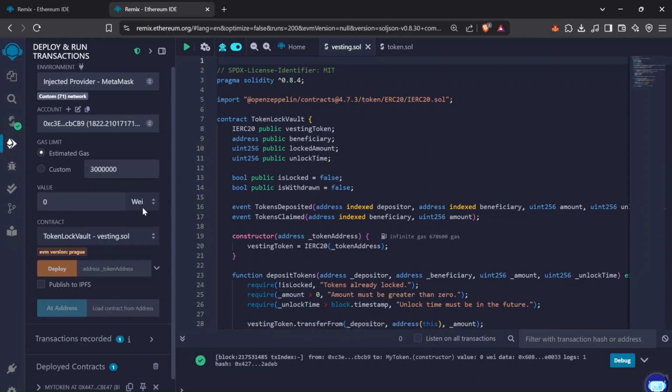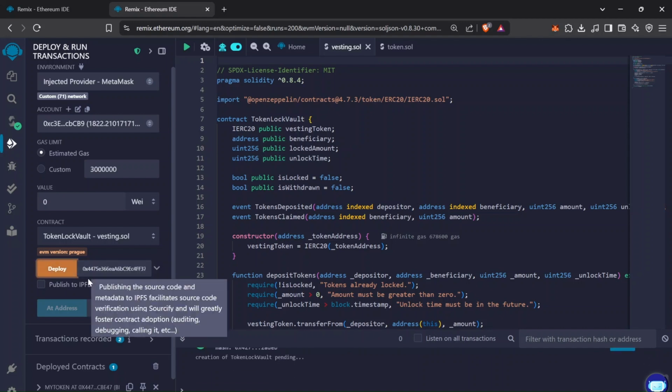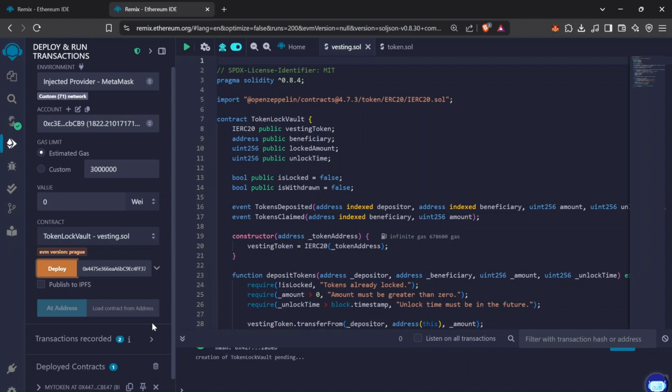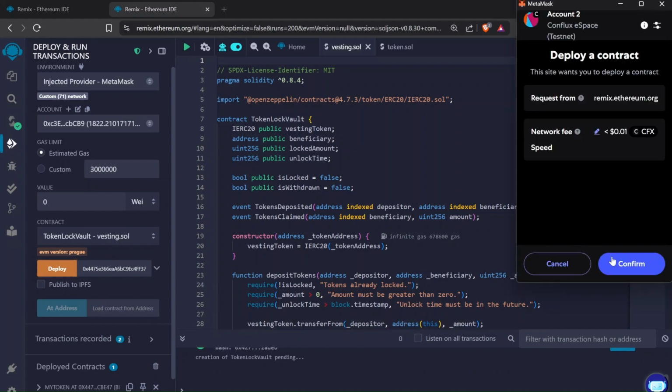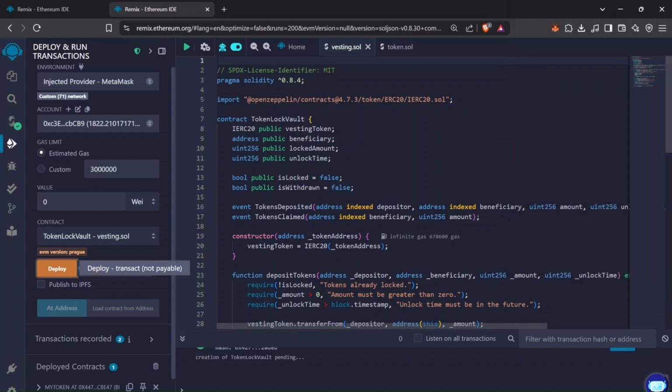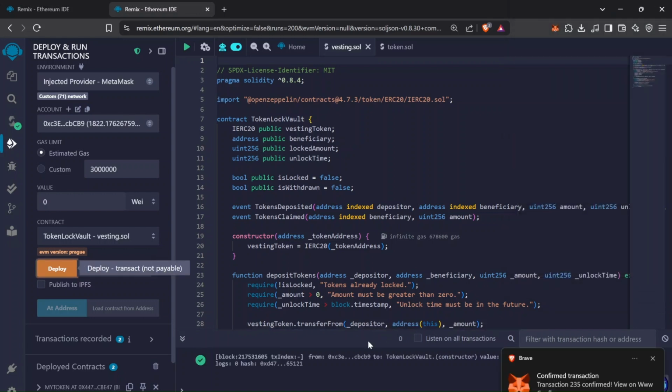To begin with, I've already deployed a simple ERC-20 token, which we'll use to simulate token locking and vesting. Now, I'll deploy the TokenLockVault smart contract. This contract allows us to lock tokens for a specific beneficiary and release them only after a predefined time. The transaction for deploying the contract is submitted on the Conflux eSpace testnet, and after confirming it through MetaMask, the